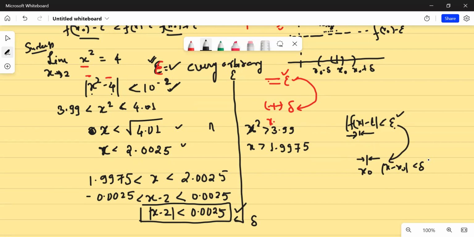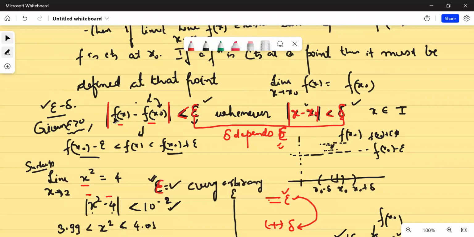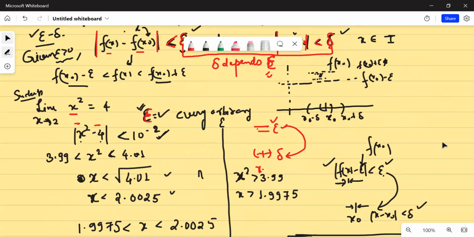So for your given epsilon, if I'm always in a position to give you a delta, that implies that I'm in a limiting process. Or here, I would say that limit x tends to x0, f(x) is equal to L. And in particular, when I'm talking of a continuous function, this L is equal to f of x naught. Is that clear or not clear? Yes, clear, sir. This is called the epsilon-delta definition of continuity. So when we were doing limits, I wrote f(x) minus L, but in a continuous function, the limit of the function at x naught is equal to the value of the function at that point. So instead of L, I'm writing f of x naught. Is that clear?